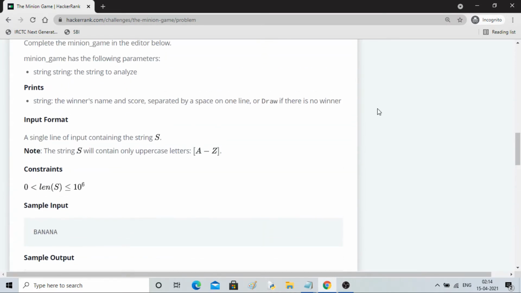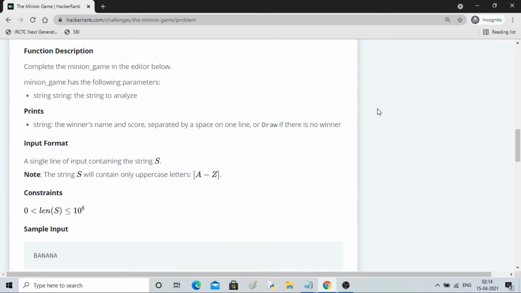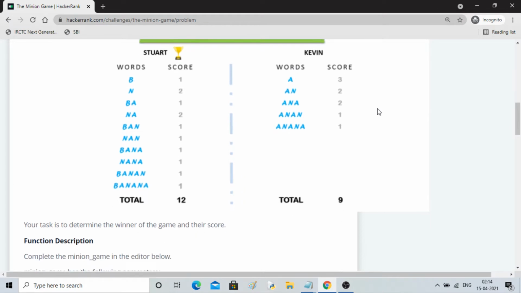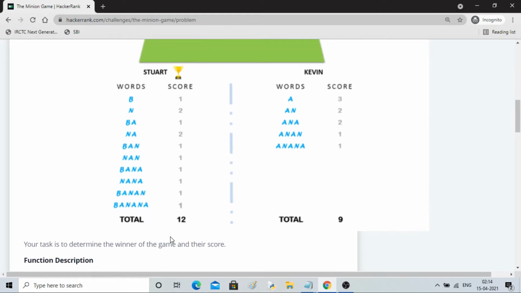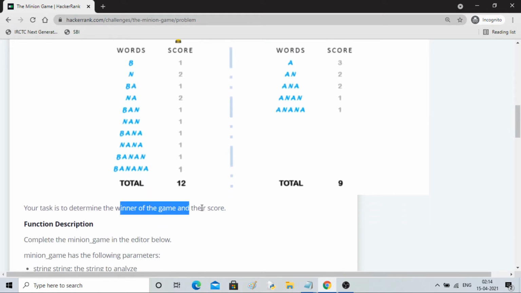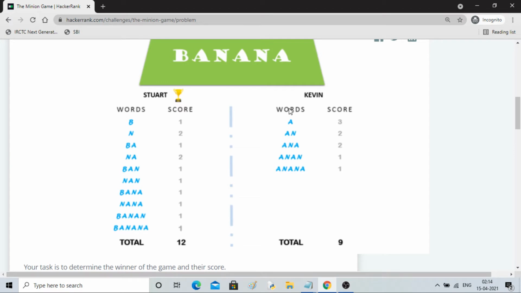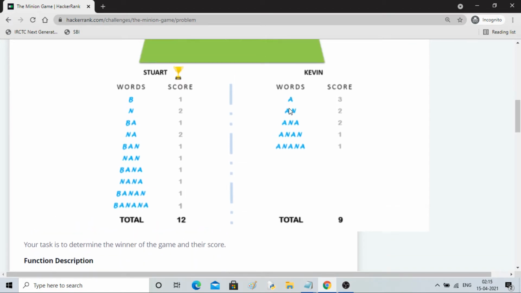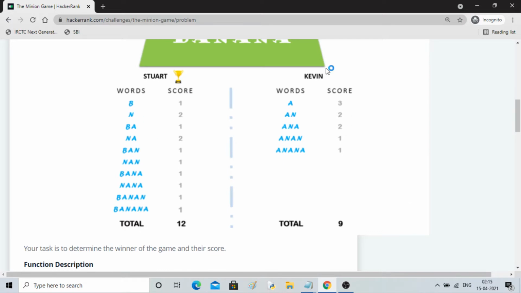So what do we actually want? First of all, we have to tell who is the winner and its score. Now there are only two players, so two dashboards we have to make, you can say. First of all we want the words, right?